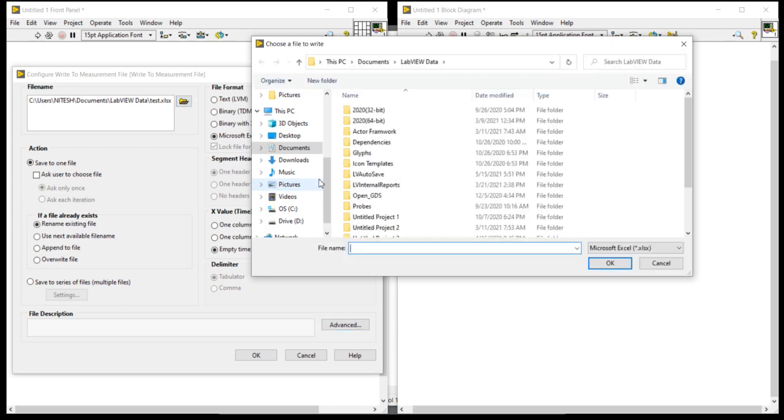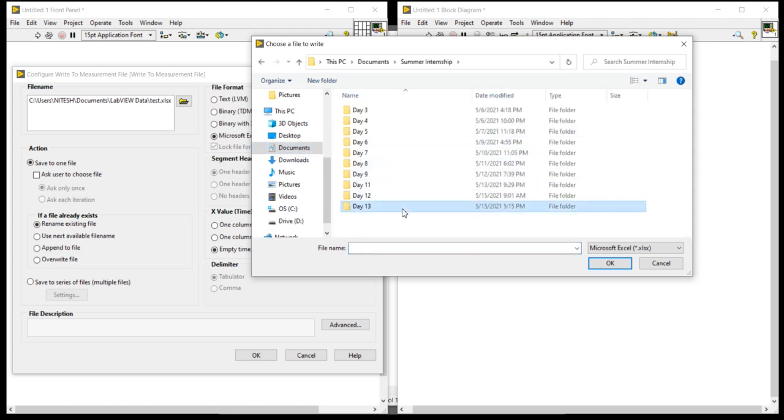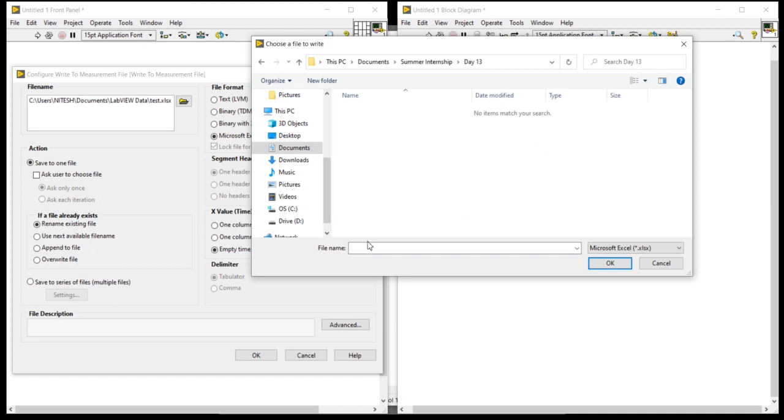The target location will be inside my Documents, inside Summer Intensive, inside Day 13.